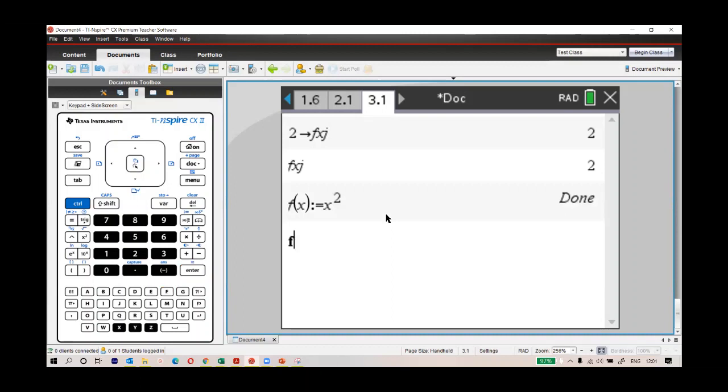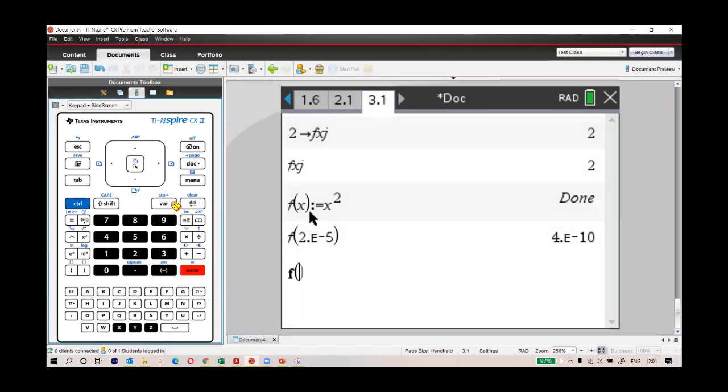Now if you want to find the value of the function at 0.5, you can do that. You can go to var, select your function and say 0.5. Hit enter, it gives you the value. You can store another function. Let's say gx you want to store. Just press control